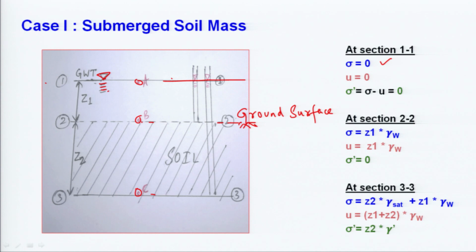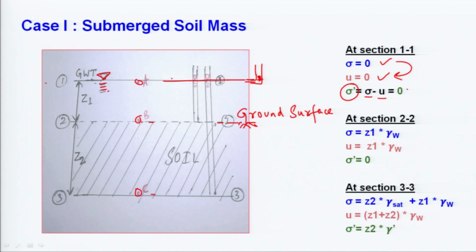If we consider a piezometer here, till what height will the water rise? It will not rise beyond this level. So, the height of the piezometer is simply this much. So, no rise is there. So, pore water pressure will also be equal to 0. So, we already know that effective stress sigma dash is equal to sigma minus u, that is equal to 0. We simply subtract this and we get effective stress as 0.